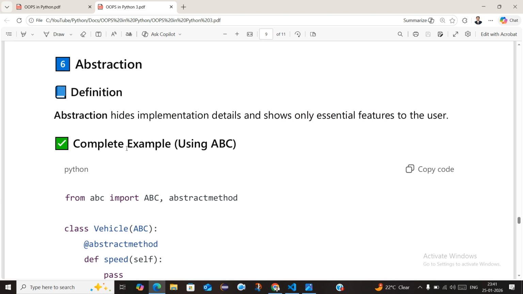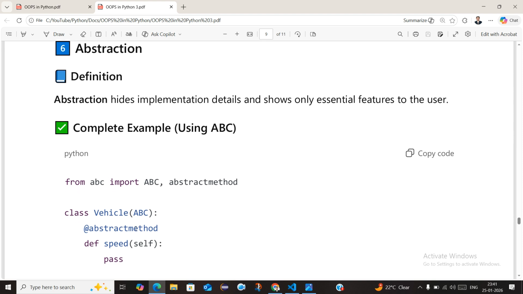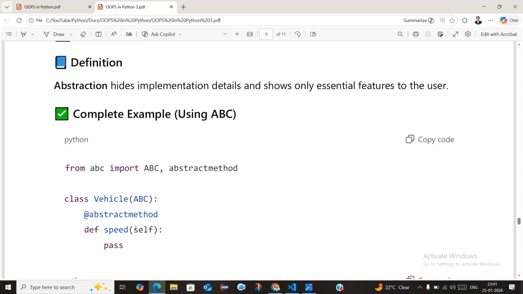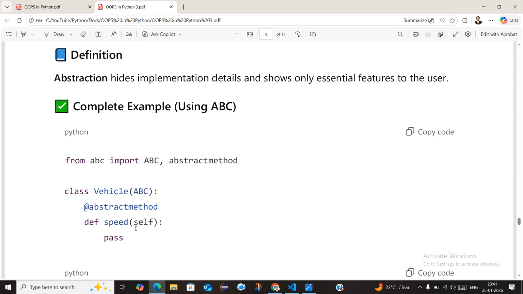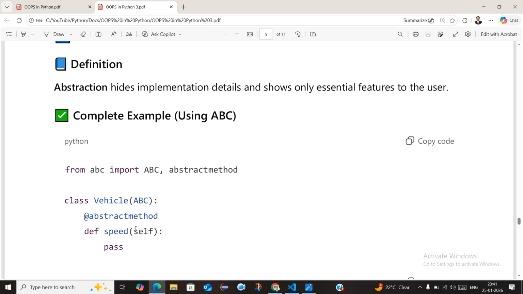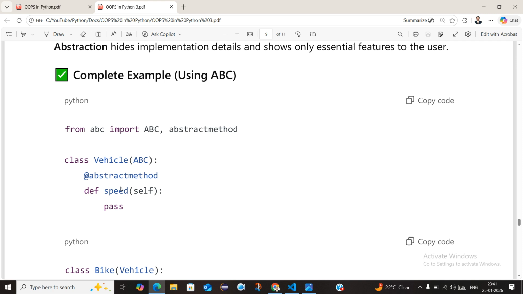So you can see this vehicle example. Just like you are driving a car but you don't know about the engine, right? So abstraction means hiding the implementation. The engine we can't see, but we can drive the car. Means we call the drive method. So in the example, you can see